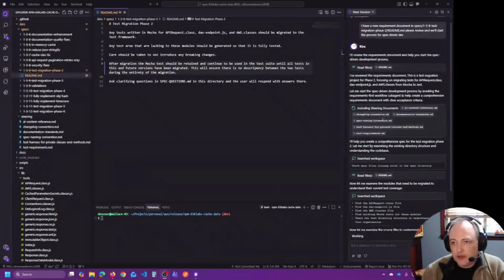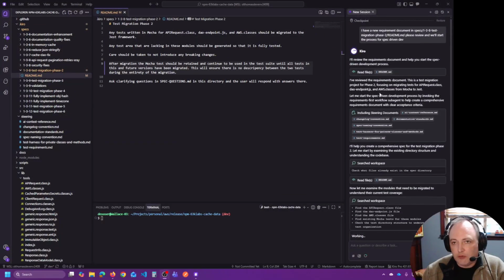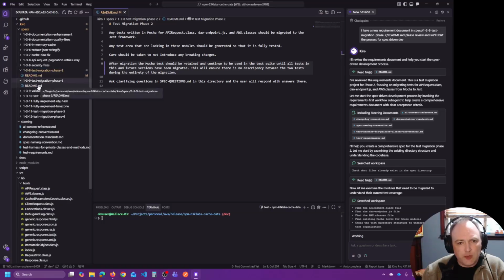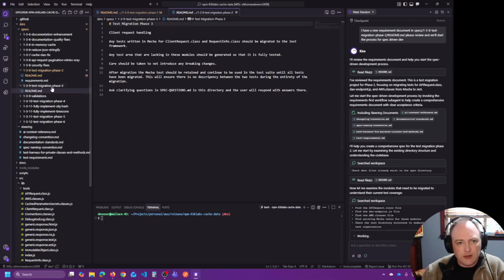So as you can see, as it started out, it said it would review the README, and then went ahead and included the steering documents. As I said, this was great for not having a long prompt. Also, using a README like this is great for not having a long prompt too. One of the READMEs that I'll be going over just to give you an idea